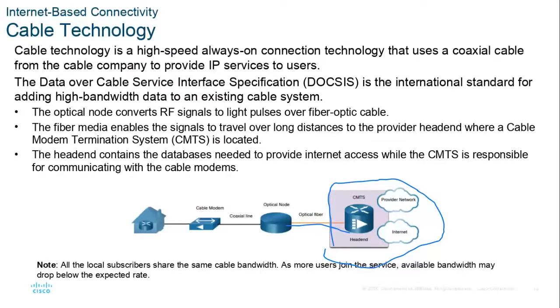The node up on a phone pole somewhere in your neighborhood converts the pulses of light in the optical fiber into electrical signals that can travel on the coaxial cable. They reach your home through that coaxial cable, go into your cable modem, and then your cable modem converts those into an Ethernet connection, that RJ45 connection, where you can plug your home router into the internet and get service.